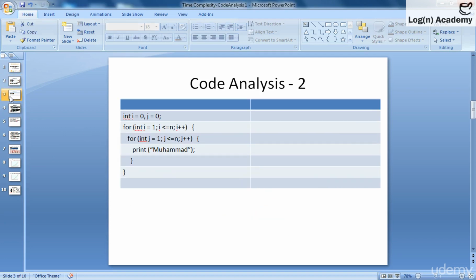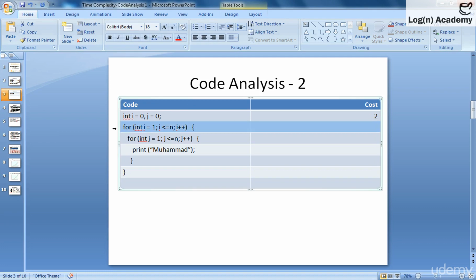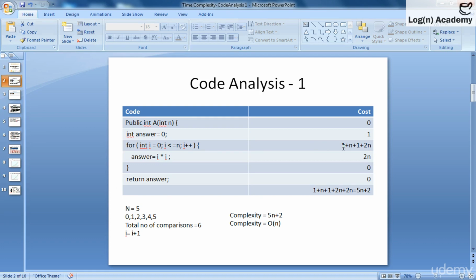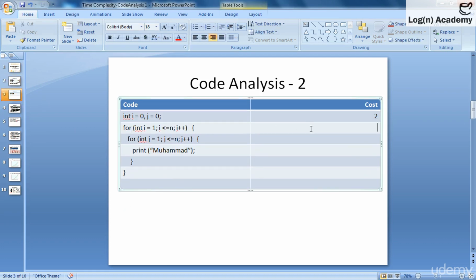Now let's see some other examples. Now we have the second code, the second example. So let's say this line is the two assignments. They are simply two assignments. The cost of this line is 2. Code and cost. Okay, so what's the cost of this line? We have just done that. So the cost of this line is simply this one. Let's copy this and paste it here,